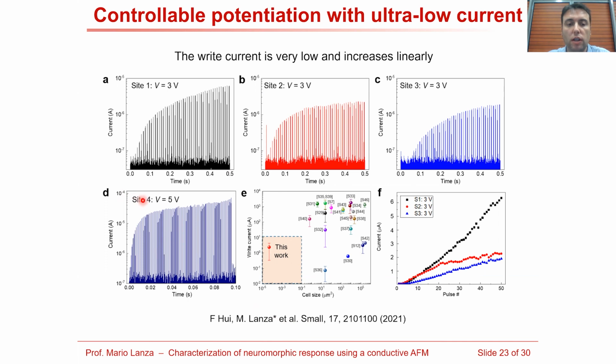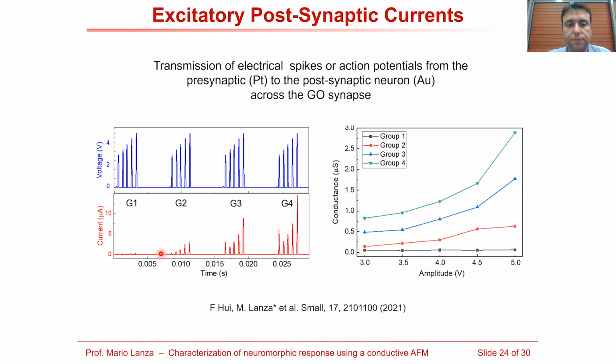We can also apply a little bit higher voltage for the pulse, and what we observe is that this synapse will potentiate faster. You see, in some pulses we already arrived to this level. So actually, this is also showing that the speed of the potentiation is strictly related to the height of the pulse, which is something that needs to be present when this device is used in a real system.